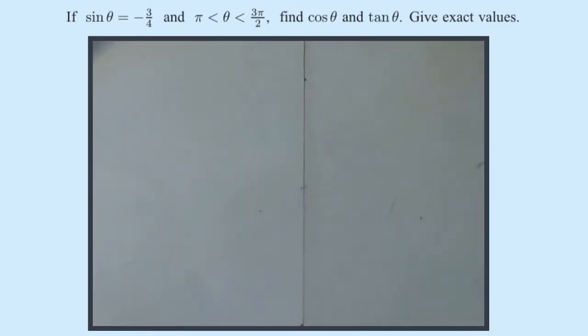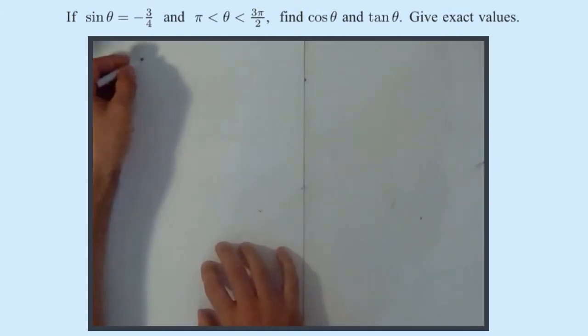If sine theta equals minus 3/4 and theta is between pi and 3 pi by 2, find cos theta and tan theta. So we need to give exact values. So sine theta equals minus 3/4. Right, I'm going to start with a circle